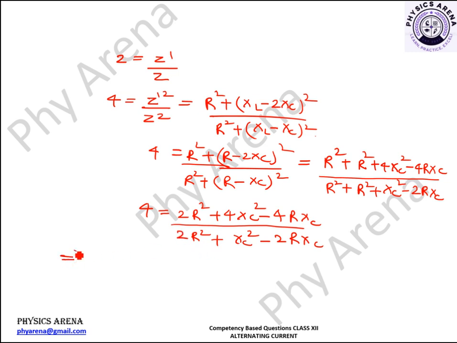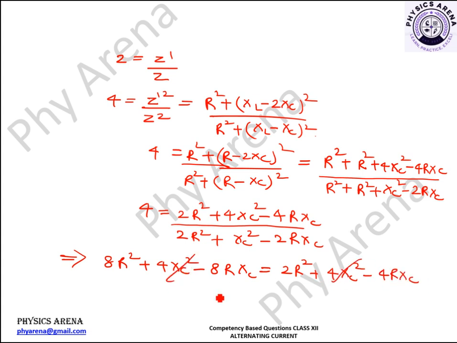We can cross multiply it. So this will be equal to 8R square, 4 into 2 is 8R square, plus 4XC square minus 8 times R multiplied by XC, that is equal to 2R square plus 4 times XC square minus 4R XC. So this gets cancelled out with this, and we can take R terms towards one side and R multiplied by XC towards one side. So 8R square minus 2R square will be 6R square, that will be equal to, and this minus 8R XC will move to this side, so on adding with this it will become 4R XC. So one R gets cancelled out with this, and we are left with